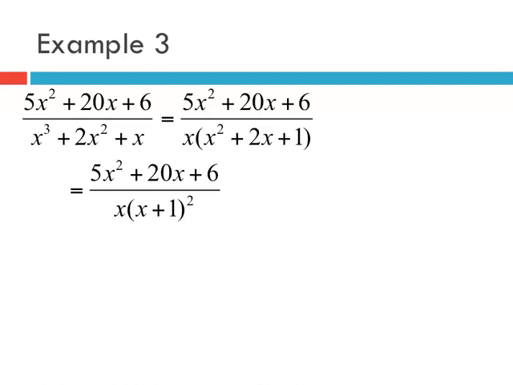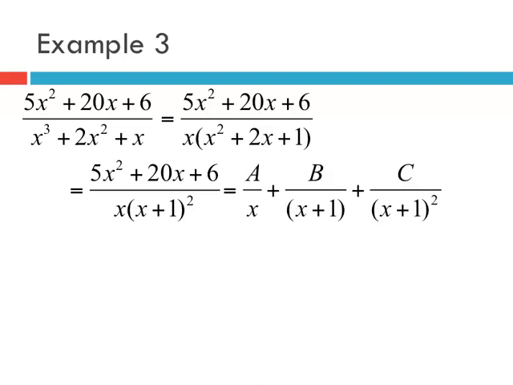Anytime you have a factor in the denominator that's repeated, you're not going to write the same exact denominator as the one before, but you're going to increase the degree by 1. So here we have a over x plus b over x plus 1, and for the last one, c over